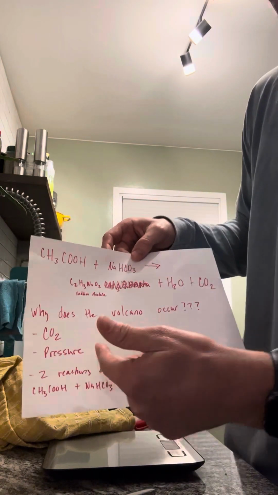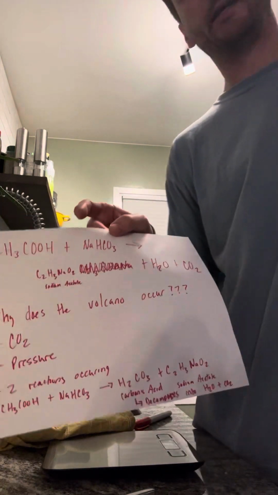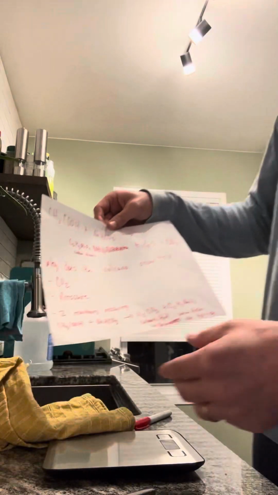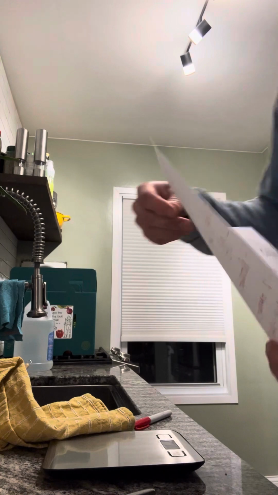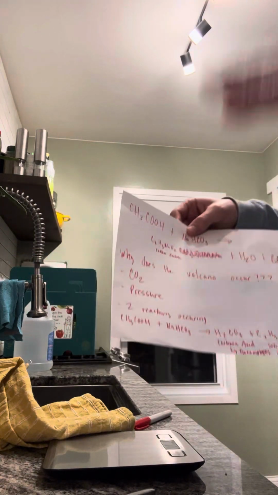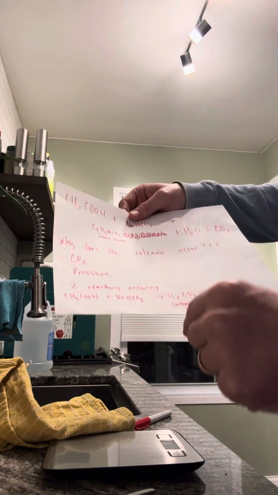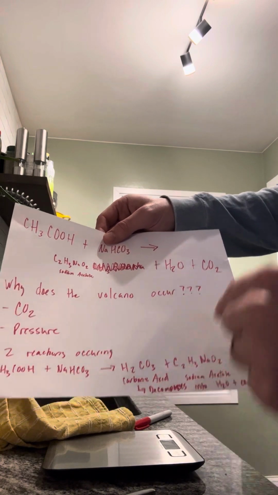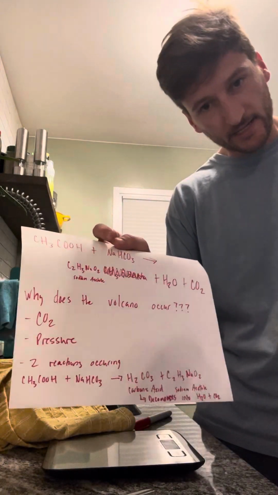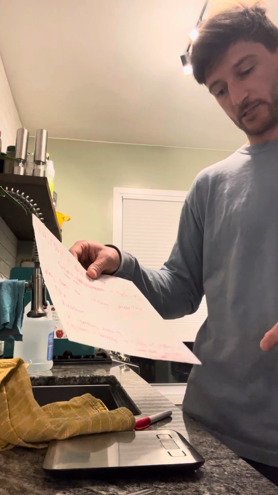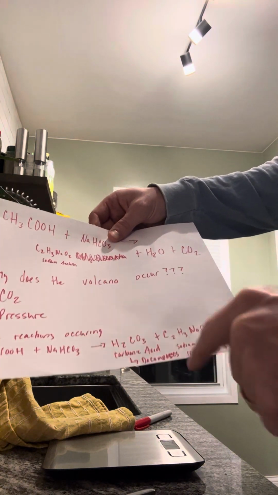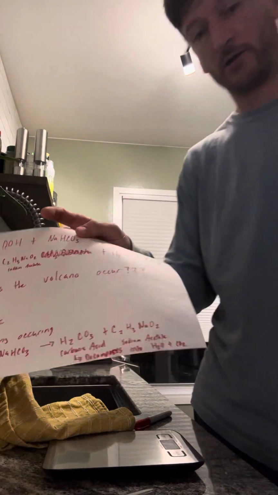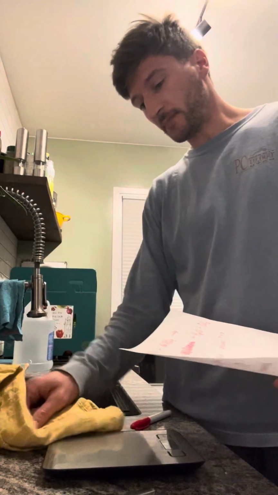So there's that pressure, but there's actually two reactions that are happening. You have your first reaction, which I just explained, which is the acetic acid with the baking soda, but that actually creates carbonic acid and sodium acetate. And then that second reaction is a decomposition reaction, and the carbonic acid decomposes into your water and your CO2. So that is